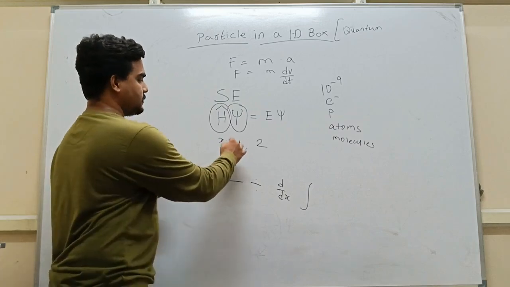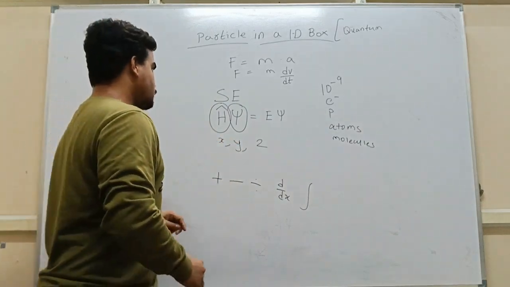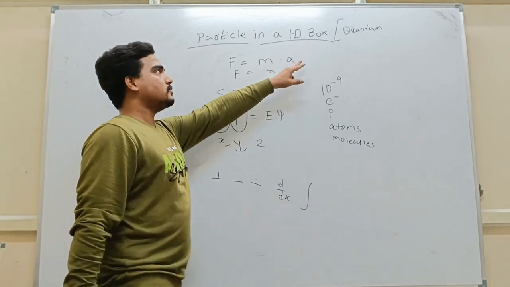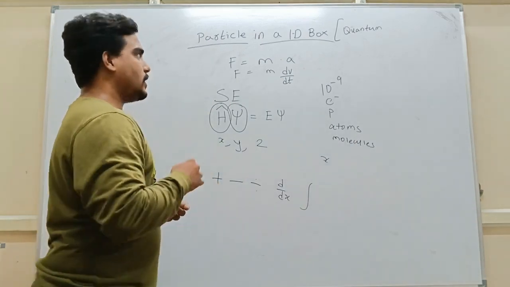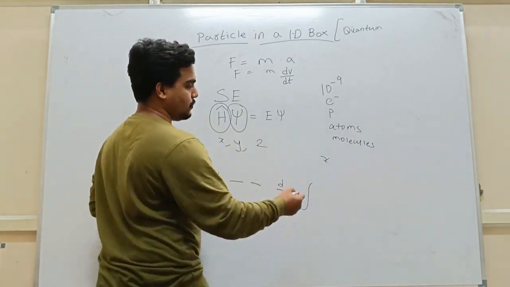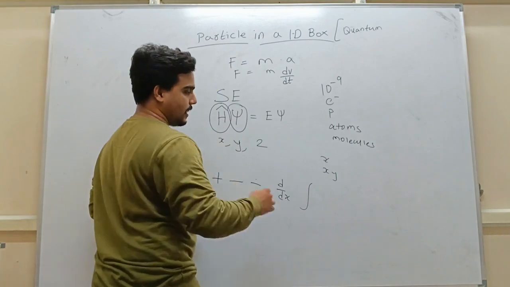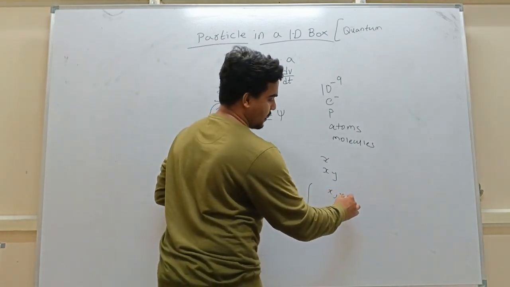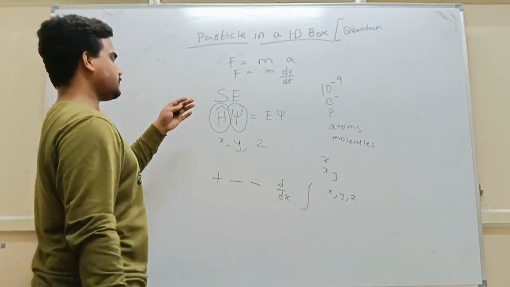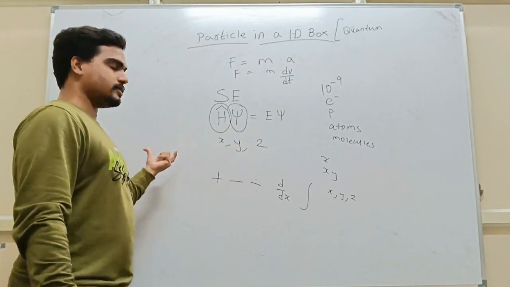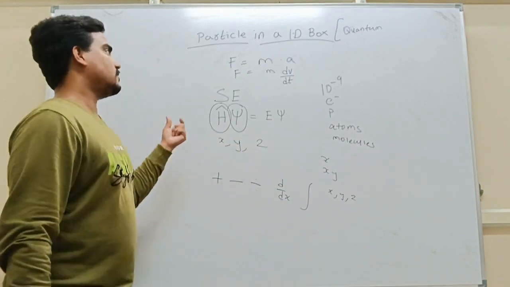In terms of x, y and z, this will be an expression. Since we are dealing with a one-dimensional box, it will have only one variable, that is x, and a two-dimensional box will have two variables, x and y, and a three-dimensional box will have three variables, x, y and z. So there will be variables depending on the dimension, and using these variables we will be making some expressions that will somewhat